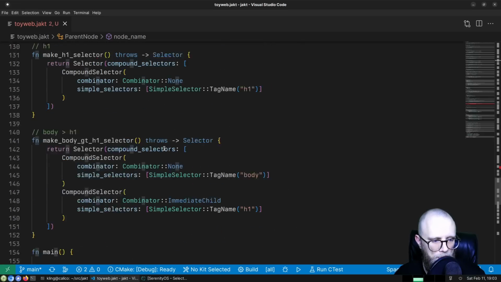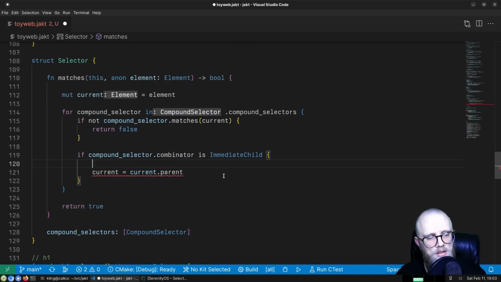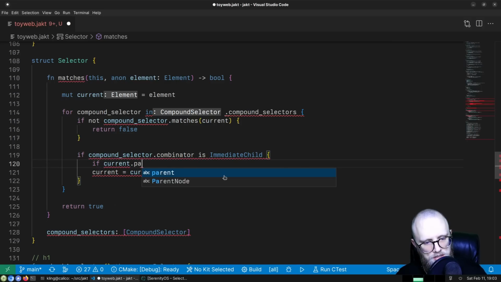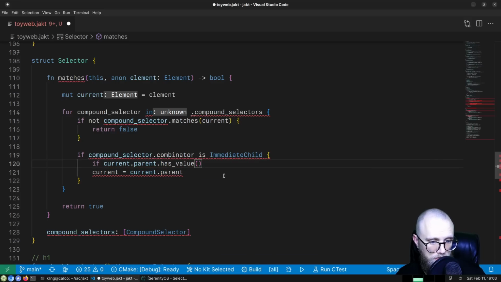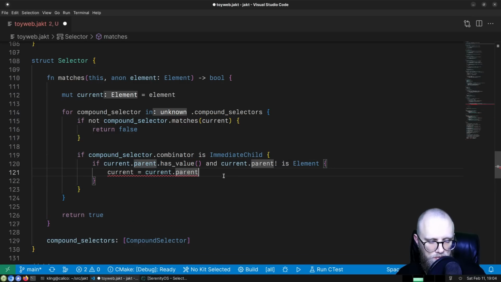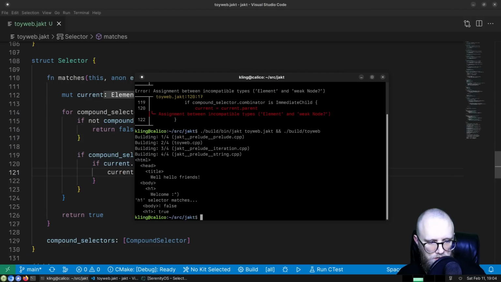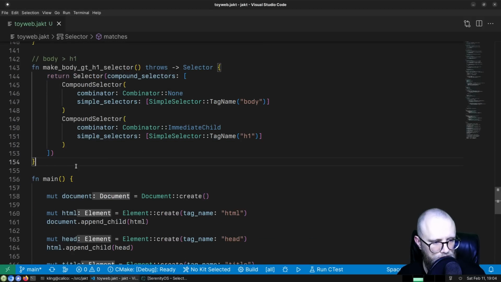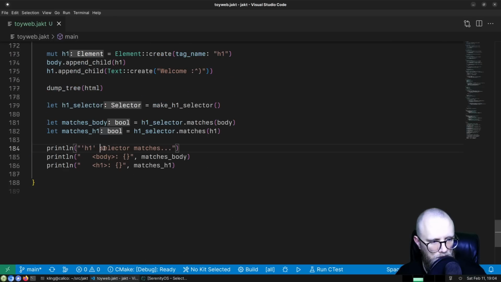Okay, so we have to check if current parent has value and current parent is element as element. Can we do that? That works. All right. So then